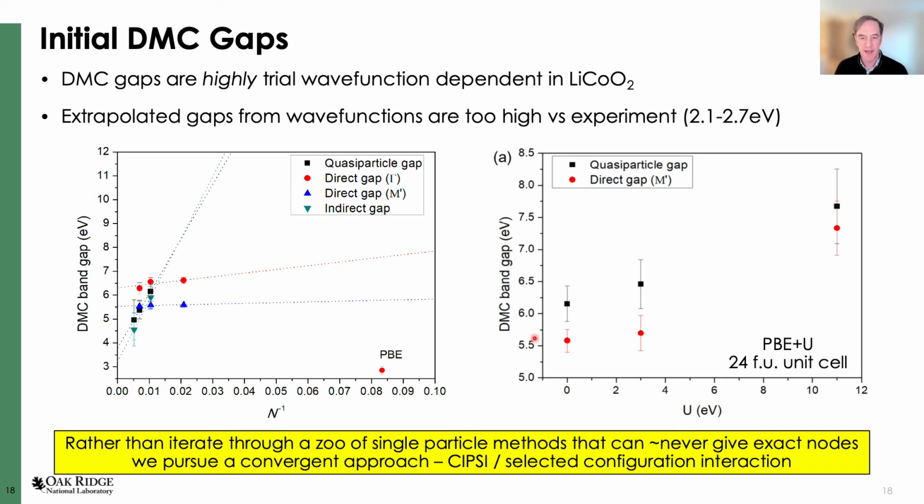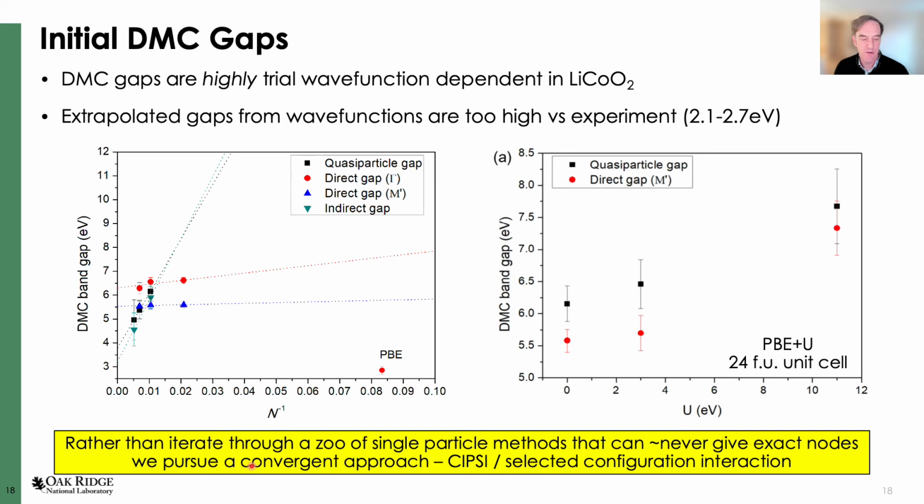And just to show some of the dependencies, this is the diffusion Monte Carlo gap against U in a fairly large cell. So we would hope to be much closer to the experimental values of below 3 here. And we see that we have values of 5 or 6 eV. And actually they get higher with these large U values as well. So this obviously isn't good enough. And what we thought to do was, rather than iterate through other possible choices, importantly, that would probably never give the exact nodal surface, or not necessarily even ever a sufficiently accurate nodal surface,